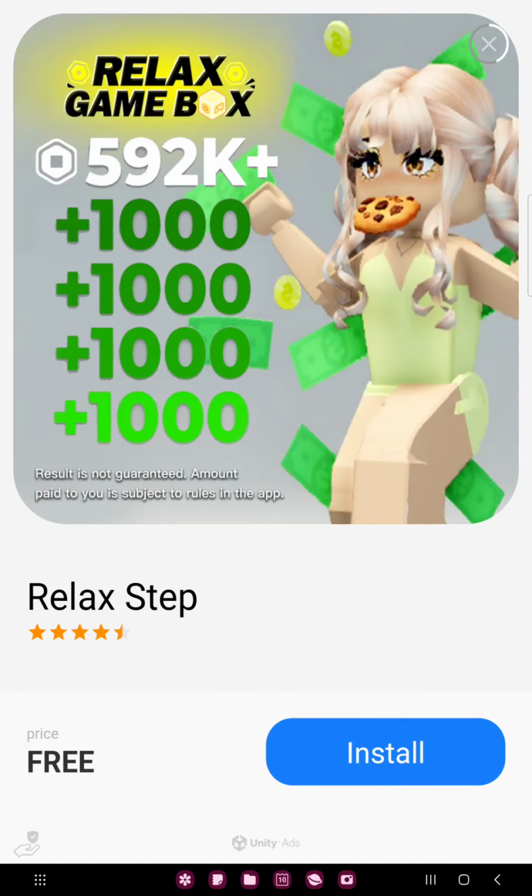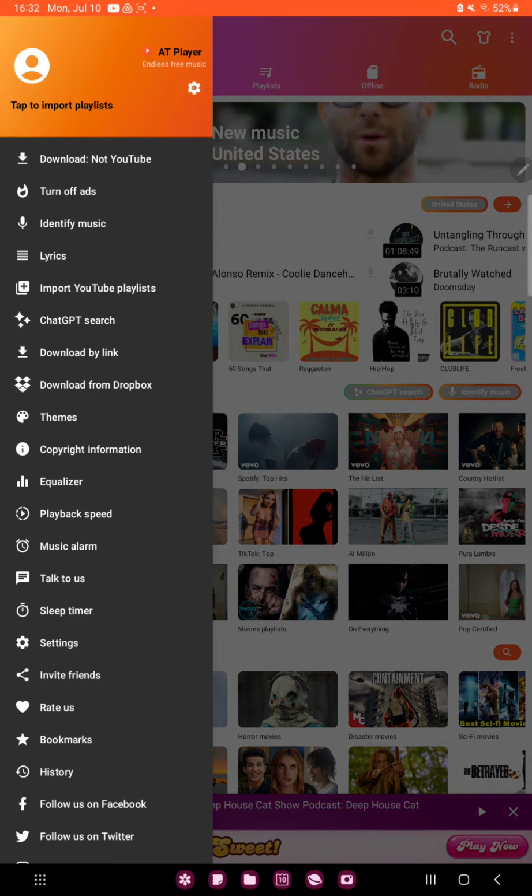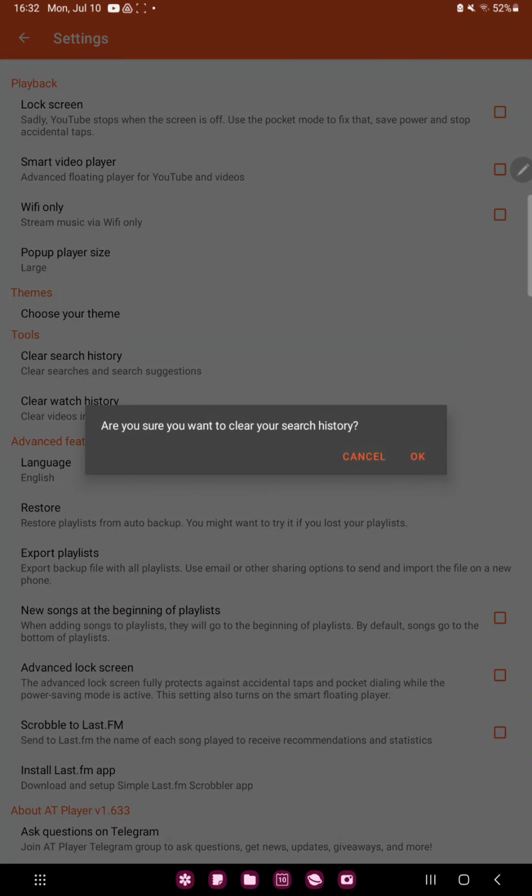Click the X button and you can skip the ad. You go to the three lines at the upper left corner of the screen and click the settings icon. In the tools section you can find the first option, clear search history, and click that, and if you want to clear, just click the OK